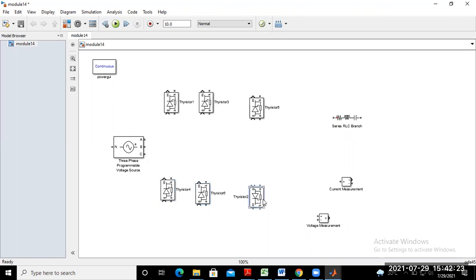If you remember this actual circuit diagram. Now we just connect this thyristor. That means from this point to this point.